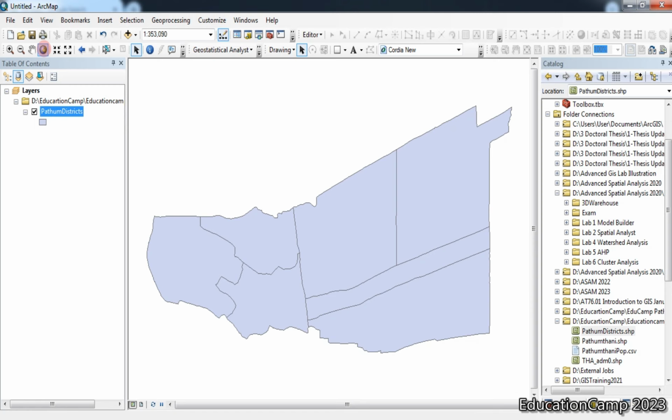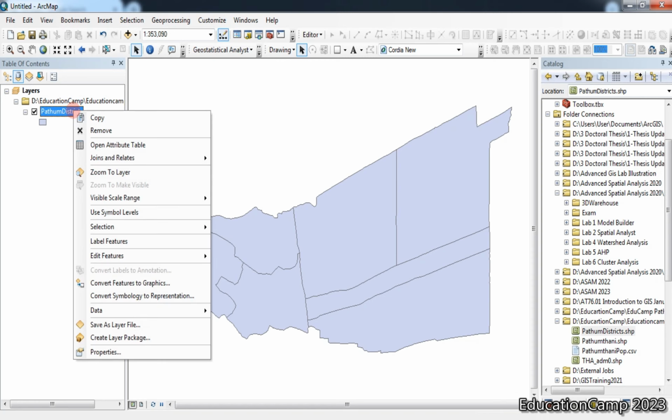Okay. And what is the information that you can place? First, you can display the district name on the map. To do it, you can do it very easily. Just right click and go to label features. But the name of each district is Thailand, the name of the country, not the district, so you need to change it. Now, just right click, go to properties, and